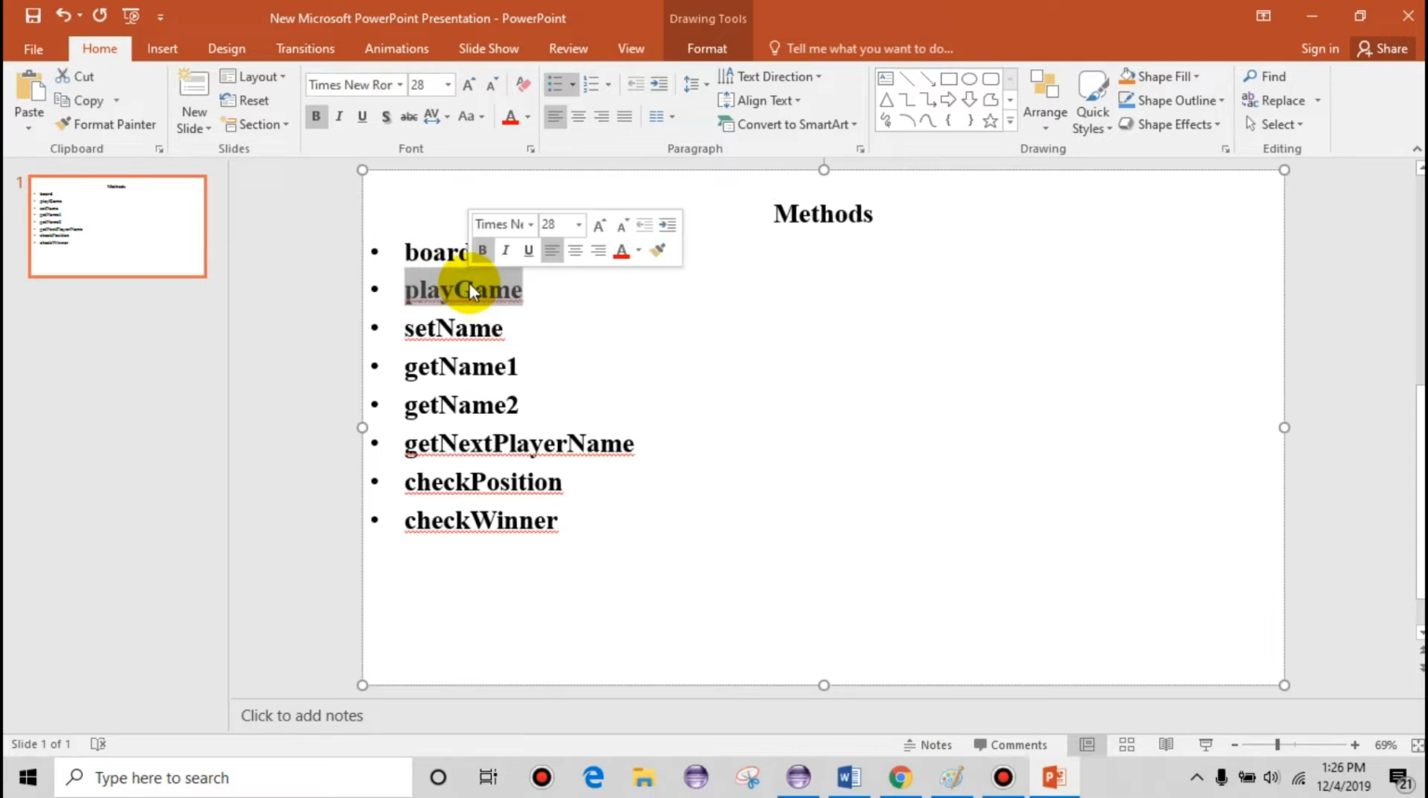The other method would be play game. This method will basically start the game, and we will just play the game. And the other method would be set name, and this method will basically set the names for player 1 and player 2. Then I will write a method for get name 1. This will just return me the player number 1 name, and get name 2 will return me the player 2 name. Now the other method would be get next player name, and this method would basically tell me